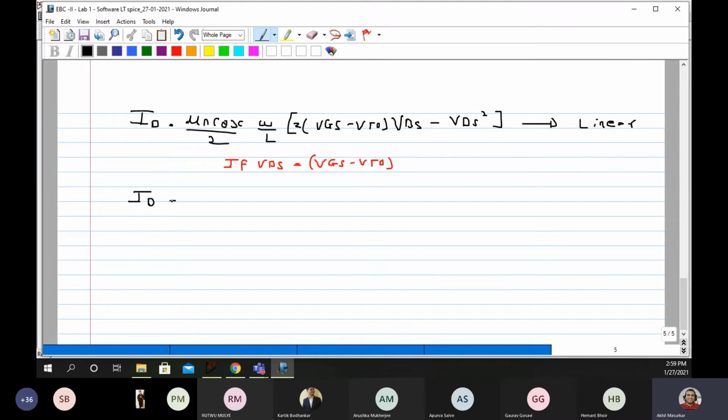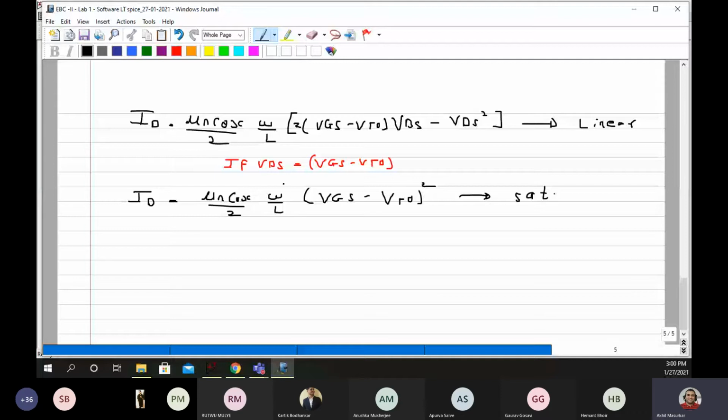So ID will be, all these things remain the same, mu n COX by 2 W by L into VGS minus VTO the whole square. This is the current in saturation.